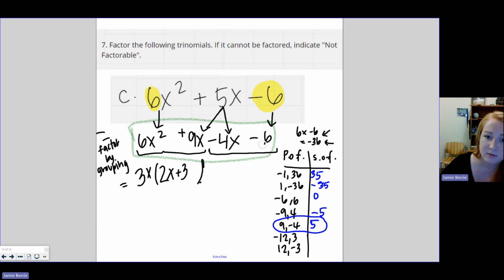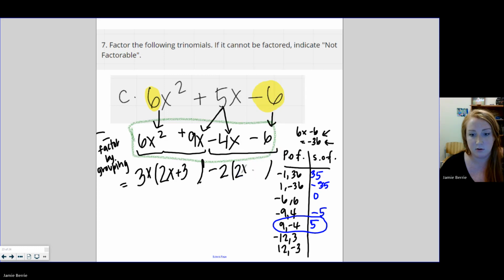What do those have in common? 4 and 6. What goes into both of those? 2 goes into 4 and 2 goes into 6. And since they're both negative, you do want to go ahead and pull that negative out with it. So negative 2 goes into both of those. You're going to write what's left over once you divide. Negative 4 divided by negative 2 gives you a positive 2, because a negative divided by a negative is a positive. We have an x. We didn't take away any variables, so that x just drops down. Negative 6 divided by negative 2 is